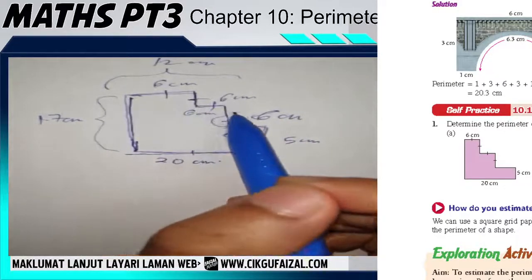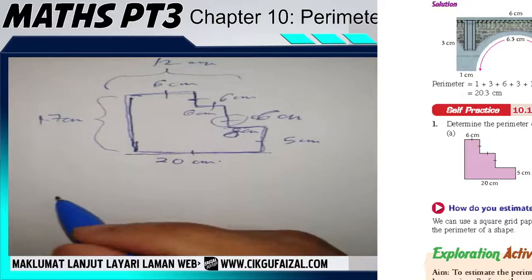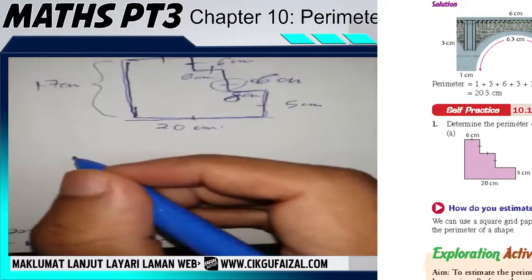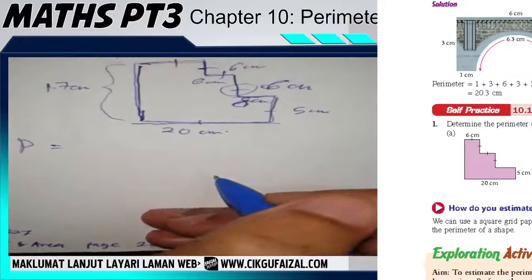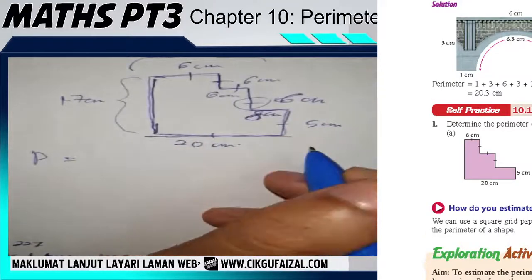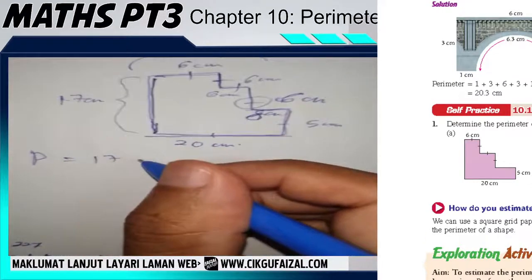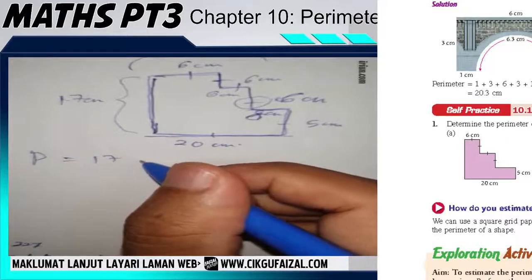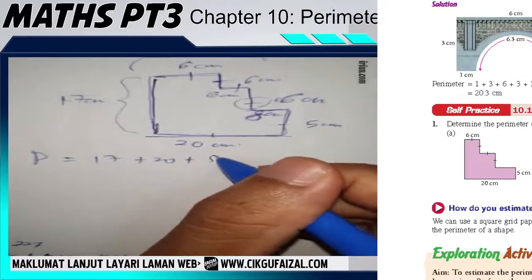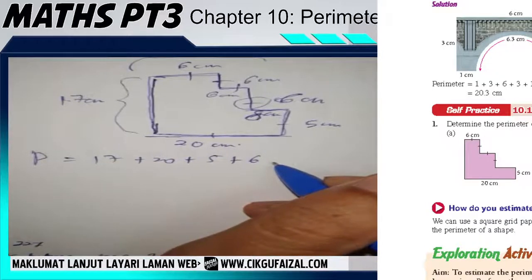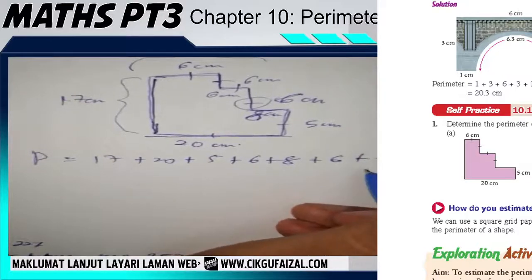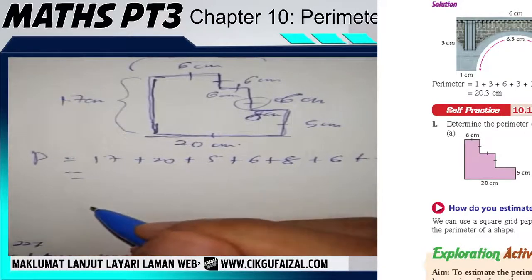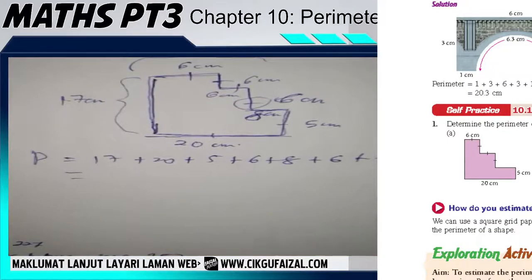So all the sides have been known the value. So the perimeter, we represent the value for P for perimeter equal to, and then you add all the lengths that you already found. Okay, 70 plus 20 plus 5 plus 6, plus 8 plus 6, plus 6, and then you will get it. So that is how we calculate the value for